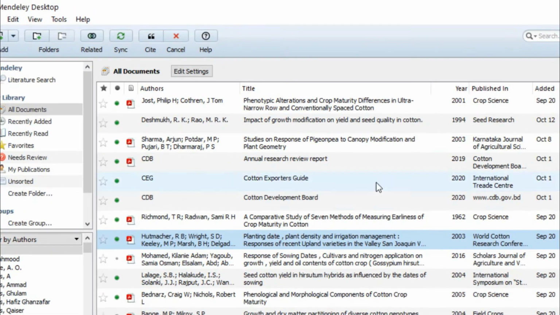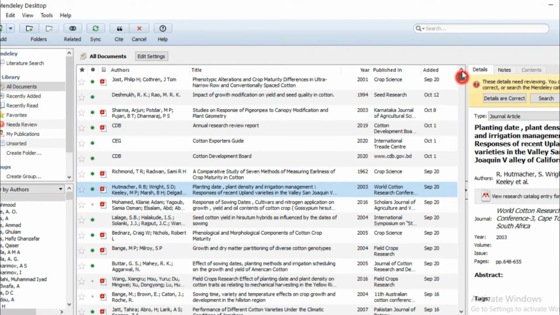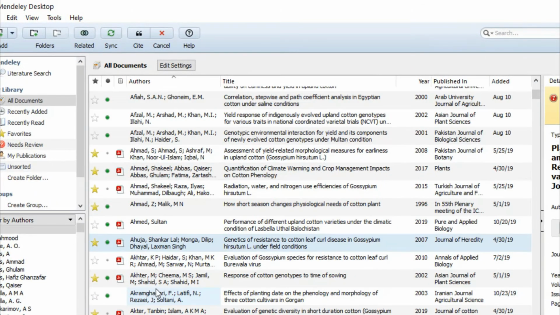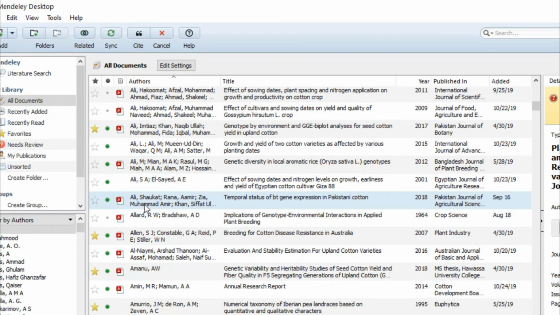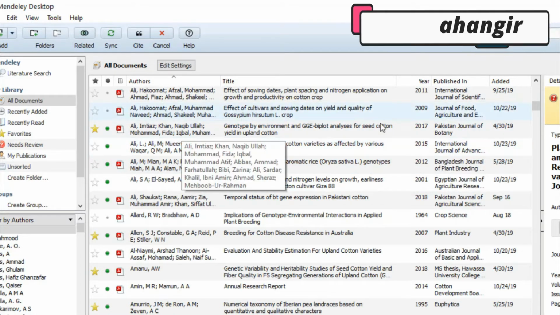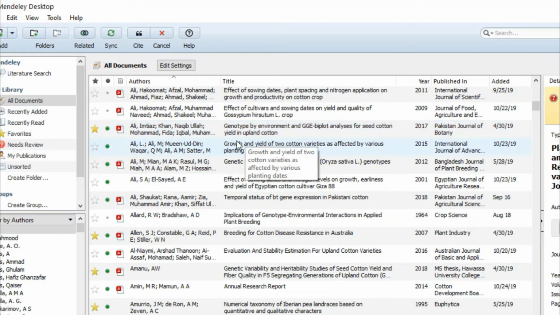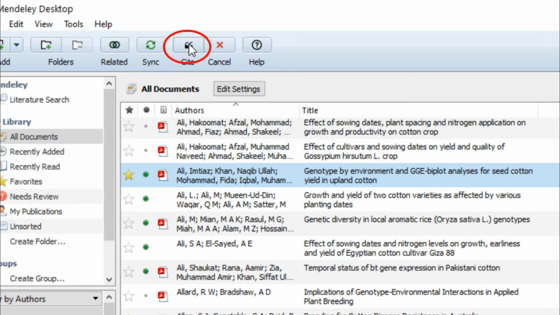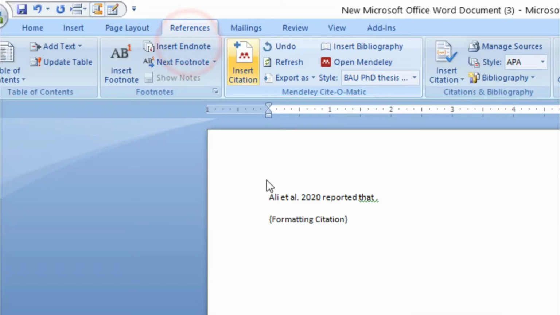You can write the author name and search here. It is Ali, another Ali 2012, Ali 2015, Ali 2017, etc. So now we can select this and go to cite. Okay, and so Ali et al. 2017 is written automatically, and then you can write reported that